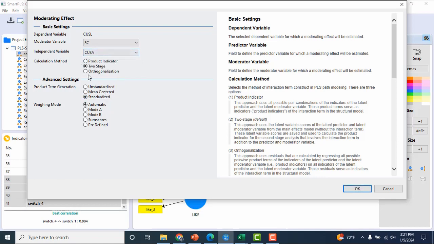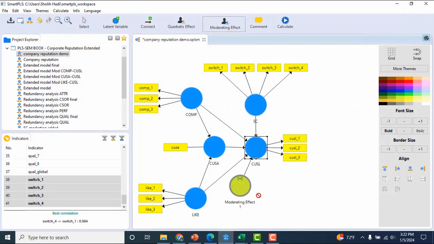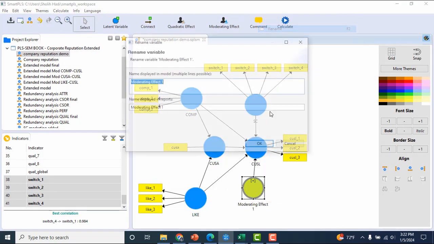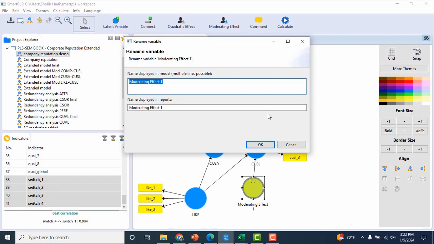And the method I use is the stage method here. Okay, we already have the interaction term here, and I want to rename it CUSA interaction with the SG.